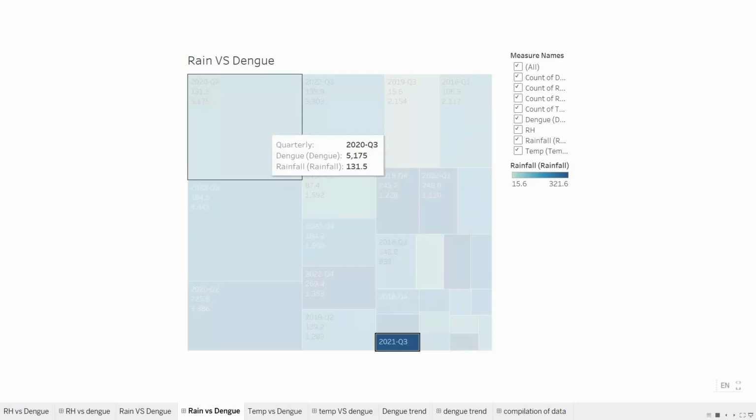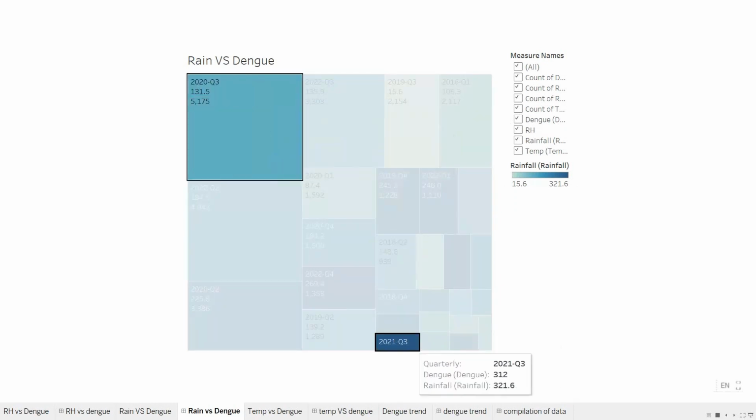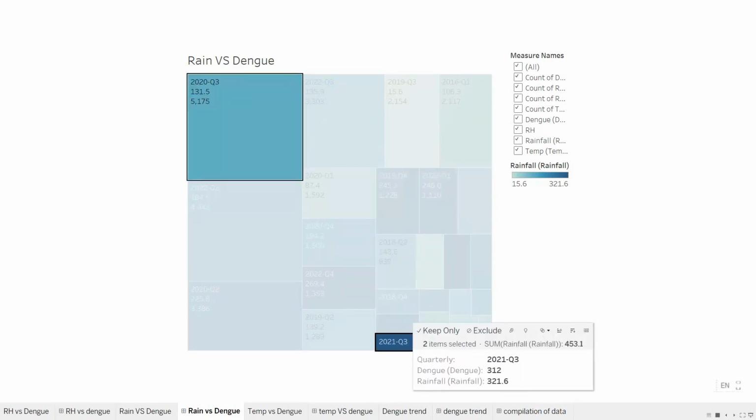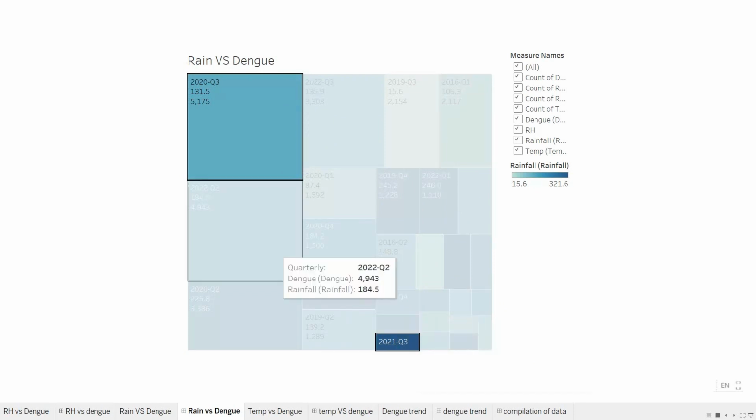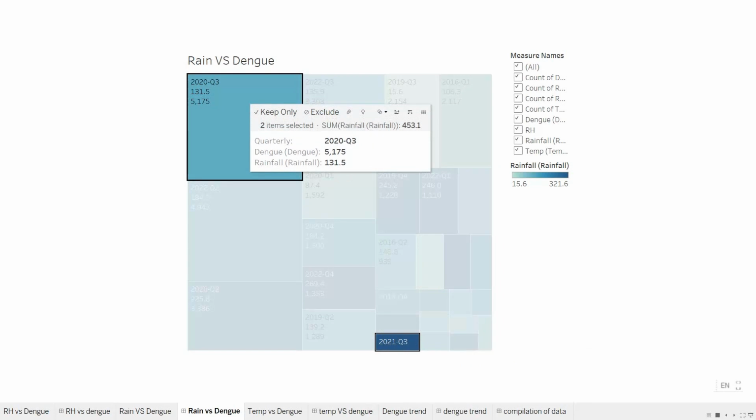However, when the two are compared together, the amount of rainfall in the third quarter of 2021 is 321.6, while the number of dengue cases is 312. As compared to the third quarter of 2020, when the amount of rainfall is 131.5, but the number of cases is 5,175. As a result, we may infer that the amount of rainfall has no effect on the number of